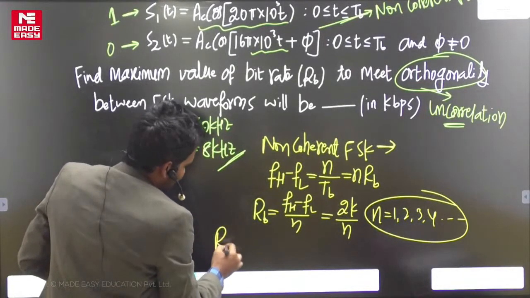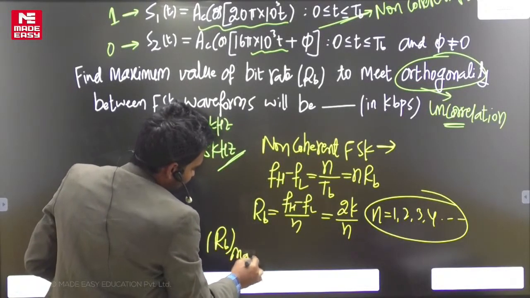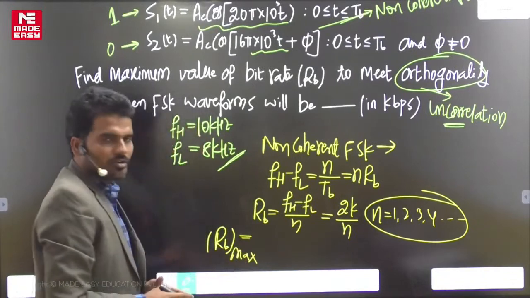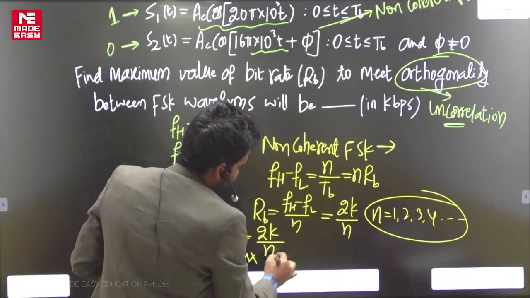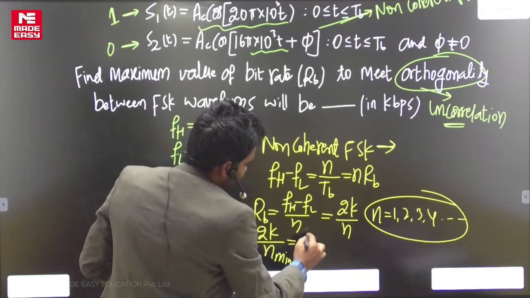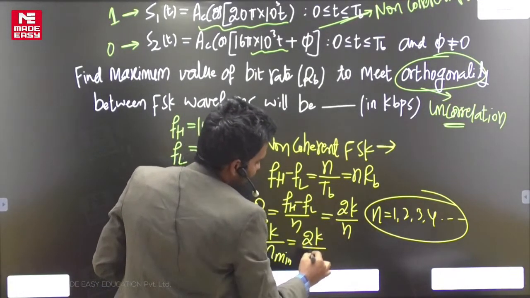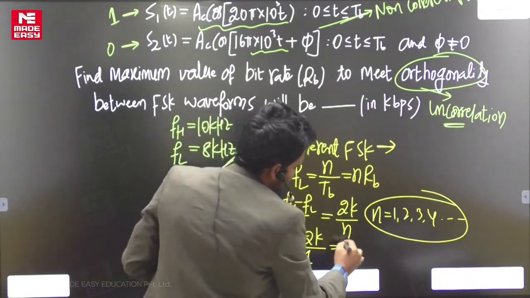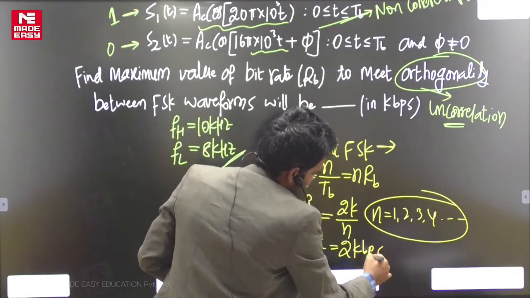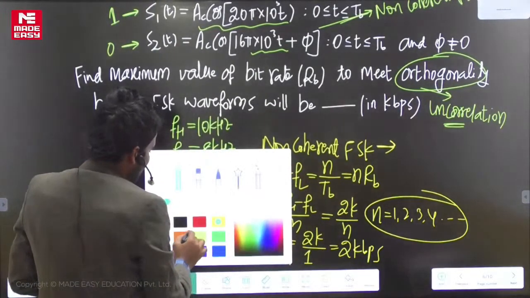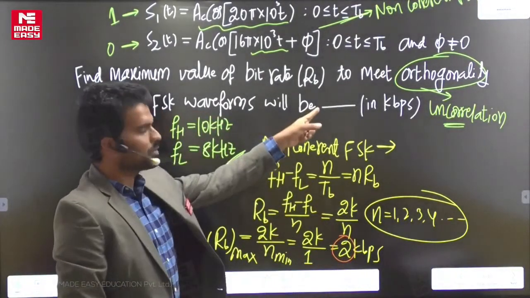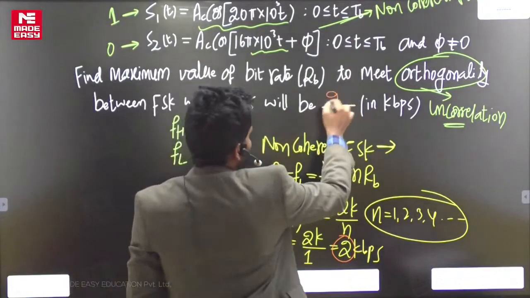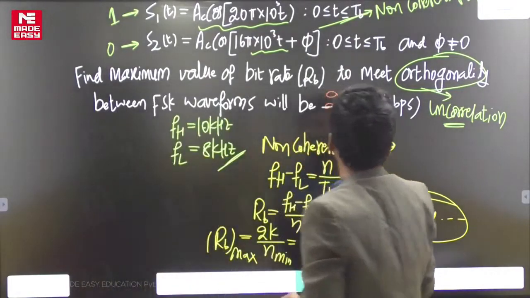Now to get RB max, the maximum bitrate allowed, N should be minimum. What is the minimum N we can go for? It is 1. So this is 2 kbps. The maximum bitrate allowed is 2 here. We have to find it in kbps, so the answer will be 2 here. Okay, and another possibility here is,